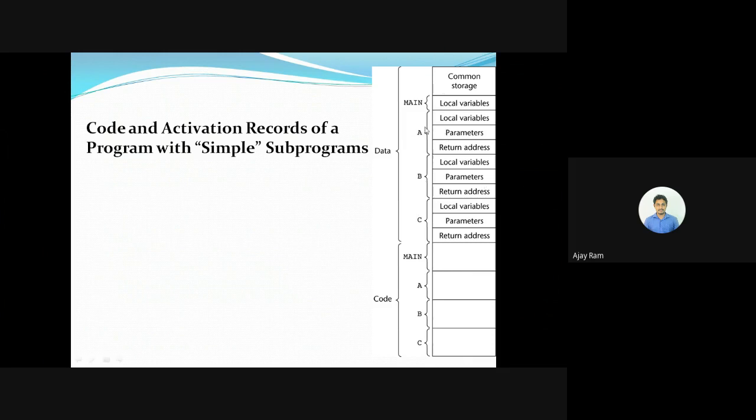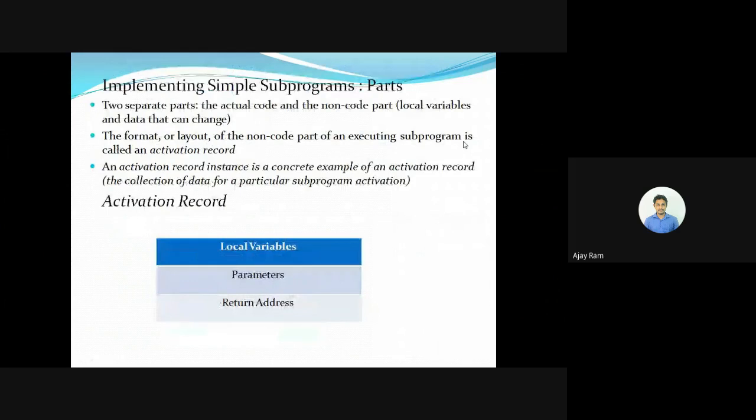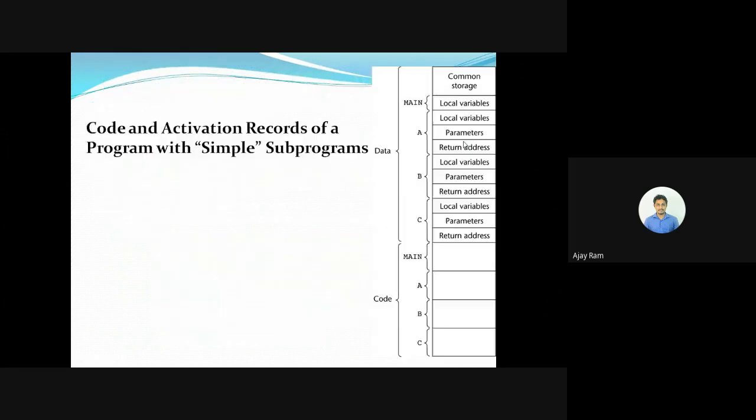In the non-coded part, we have the main function, the activation records of A, B, and C, and the main common storage. The storage part will store the status information and parameters. The main function only stores the local variables, and each subprogram has these three fields as we have seen in the previous slide: the local variables, parameters, and return addresses.